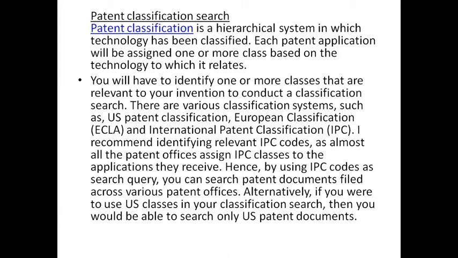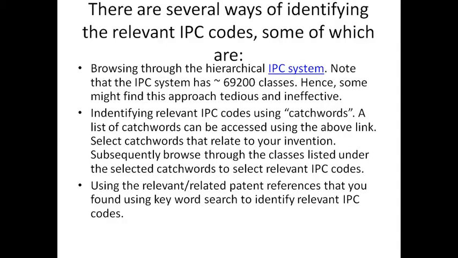Classification search means a hierarchical system into which technology has been classified. Each patent application is assigned to one or more classes. Sometimes it comes under the food category, invention category, manufacturing category, or designing category; all the classifications will be there. Depending on the classification we search. If we are inventing something and want a patent in a particular area like designing circuits, we have to find that class, the designing circuit class. In that, we check whether the patent already exists or whether any publication has been done by anybody else. After that, we can go for the registration.